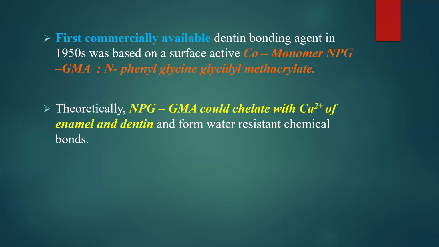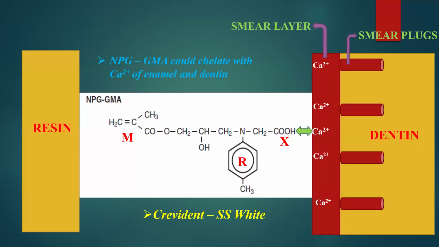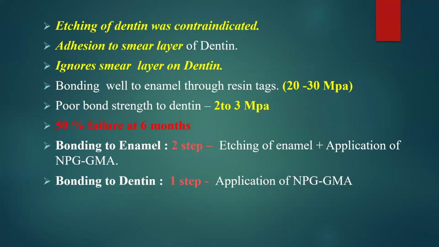Theoretically, NPG-GMA could chelate with calcium 2+ of the enamel and dentin and form water-resistant chemical bonds. Here we can see that the resin which is having the NPG-GMA is chelating with the calcium of the enamel and dentin. The etching of the dentin is needed. It ignores the smear layer on dentin, bonding well to enamel through resin tags, and the bond strength is around 20 to 30 MPa. The bond strength to dentin is around 2 to 3 MPa, and 50% failure at